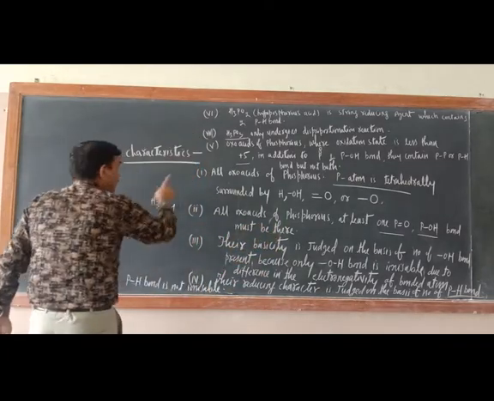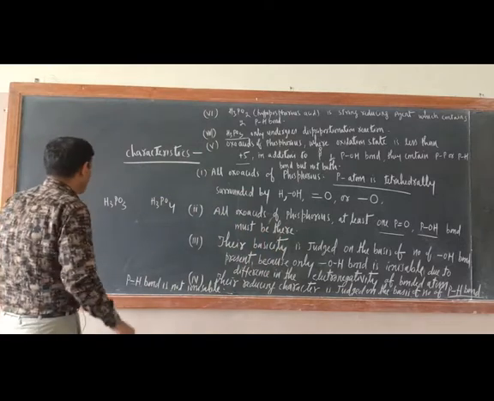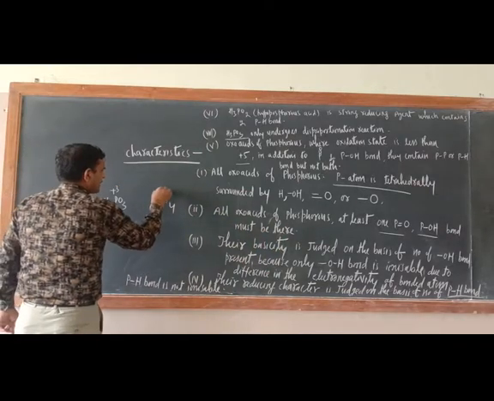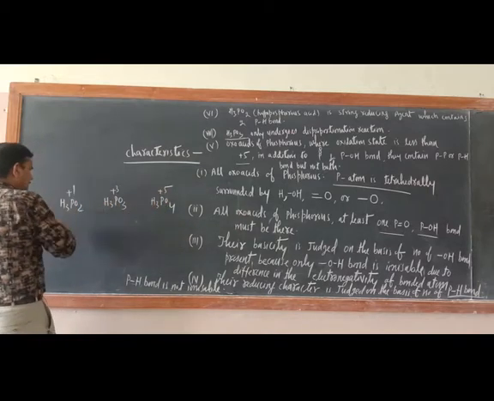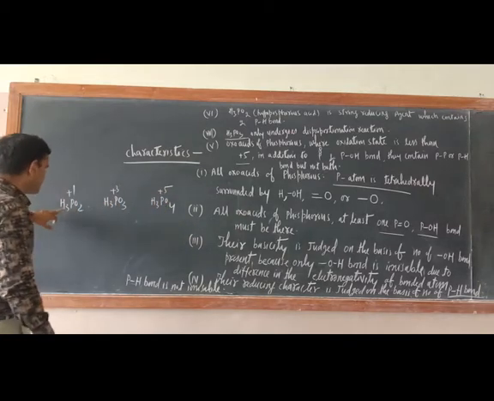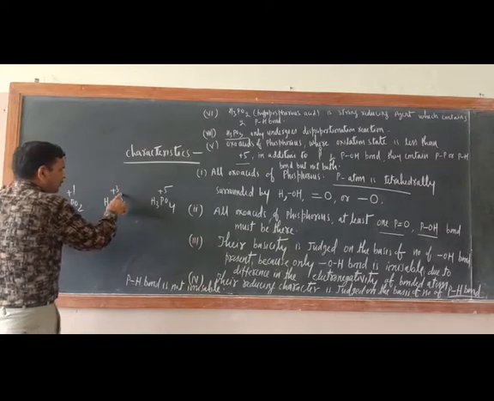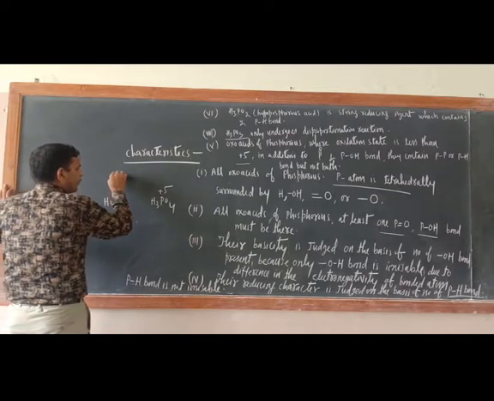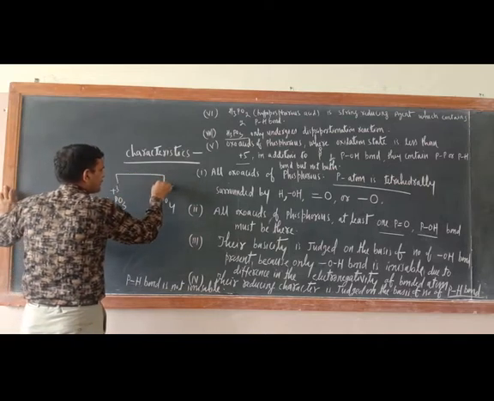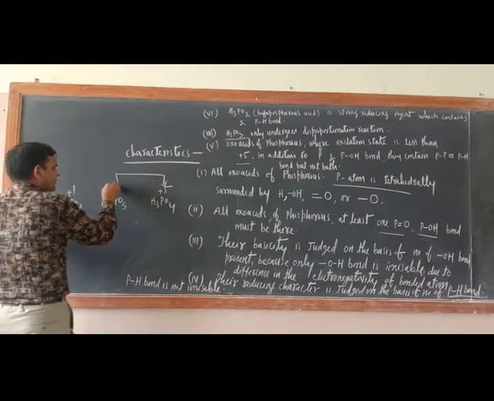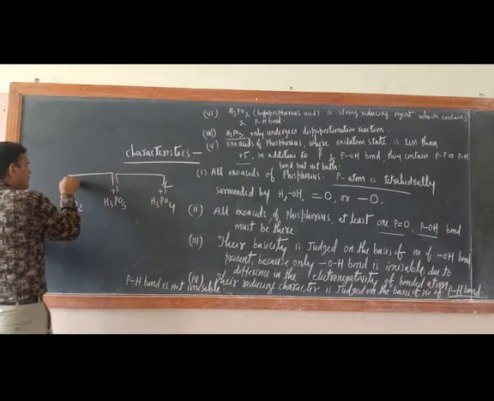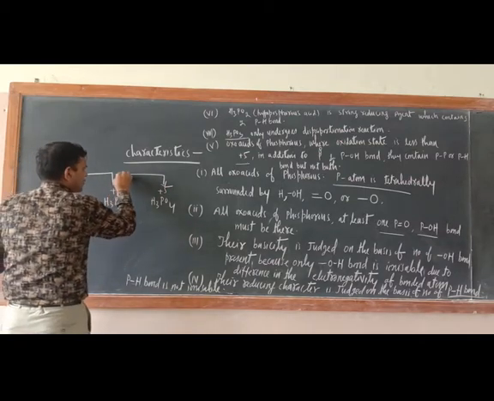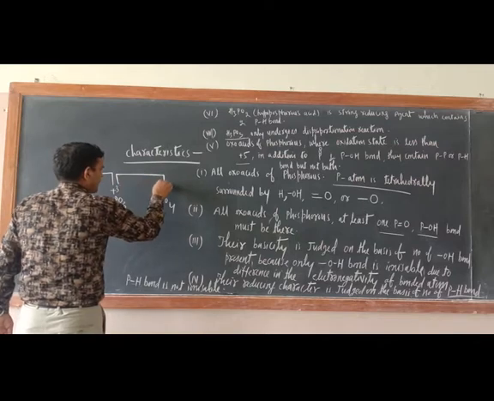Just see why H3PO3 undergoes disproportionation reaction. This is +3 here. What is here? +5. Here what is there? +1. Okay, just try to understand. So phosphorus can go from +3 to +5, and this one +3 to +1. Okay, are you getting my point or not? +3 to +5 it can go.